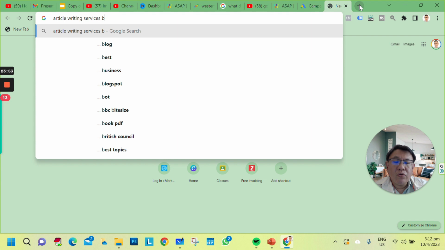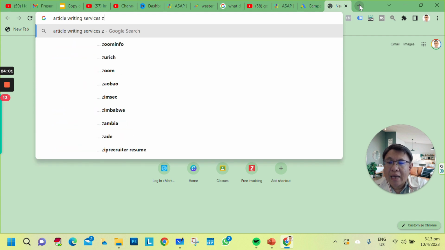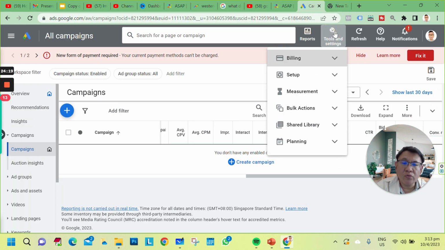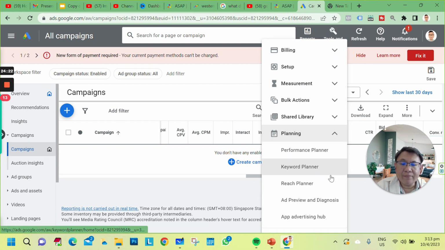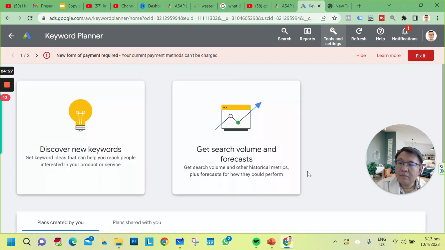Yeah. So what we do is we continue to research all the way here, C, D, all the way until we reach Z, and we will have a group of keywords. Once we have a group of keywords, then we can use the keyword tool. So let's say, for example, now I've already got the group of keywords for the article writing services, and what we're going to do is just go to tools here, go under planning, keyword planner,